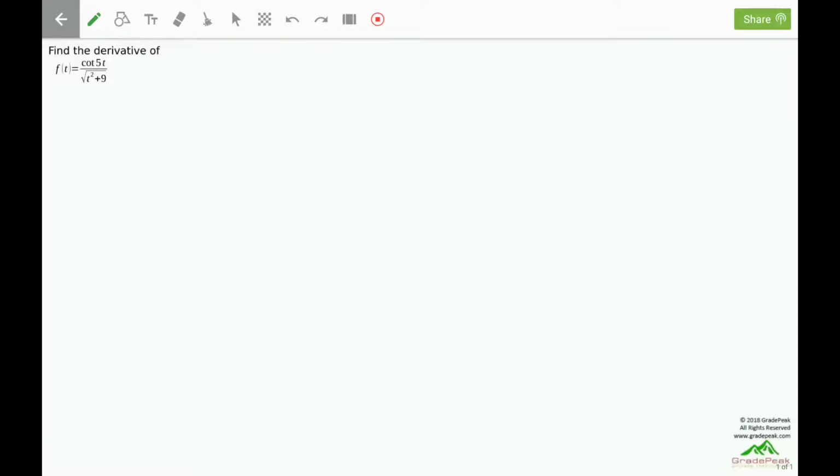Find the derivative of f of t equals the cotangent of 5t divided by the square root of t squared plus 9. So f of t here is the quotient of two functions. We have the cotangent of 5t and then divided by the square root of t squared plus 9. So we're going to make use of the quotient rule, but before we do that, let's rewrite that denominator to